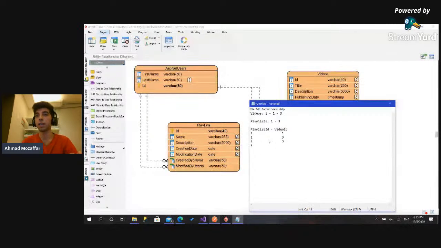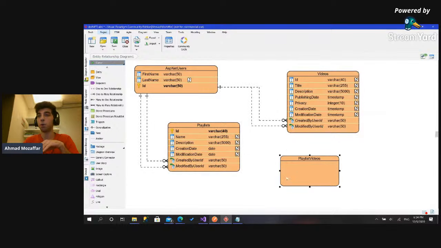So in this case, there's going to be more than one video, but one video cannot exist in the same playlist multiple times. So this is why you can have both columns as primary keys in the table that manages the many-to-many relationship between 2 entities. So you can do it like this. Just have 2 properties, video ID and playlist ID, and both are primary keys. And you can go with another approach, which is basically the one I usually go with, which is to make this one